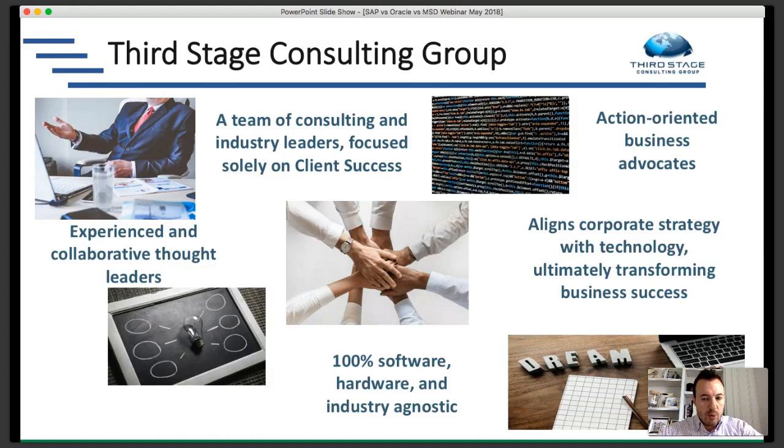So when we talk about transformations, we're not a system integrator, we're not a VAR, but we provide services that help clients through the entire transformation and augment the services that you might find from a system integrator. So acting as an extension of your project management office and or providing quality assurance during implementation, for example, or providing organizational change support, which most system integrators and VARs and resellers don't provide very well. And then finally, as I mentioned before, the business process reengineering piece, which is an important part of any implementation.